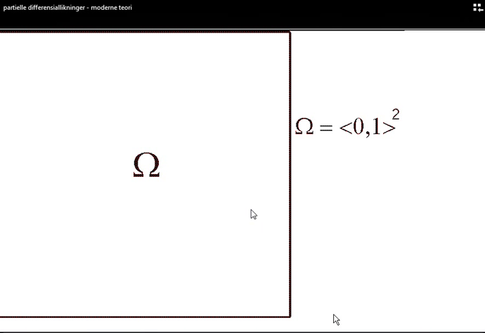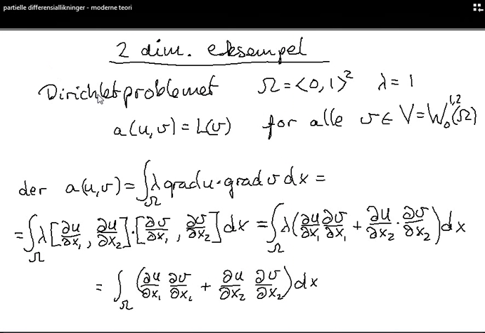Let's now turn to a two-dimensional example of the use of the finite element method. We are going to use this unit square as our Omega. We are considering the Dirichlet problem, and the value of lambda is, for simplicity, equal to 1. We recall this bilinear form, which should be equal to L of v for all v elements in this Sobolev